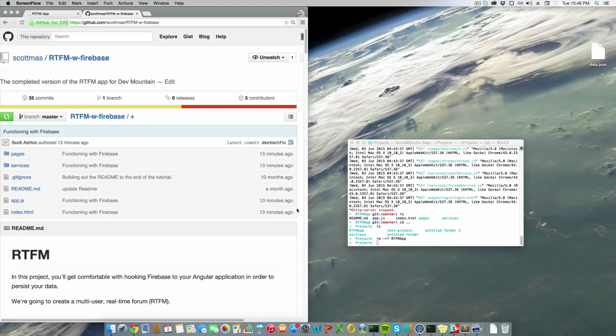But let's go over making the application work with the Firebase login with Google. So I'm going to start from this new repo I've created. It's called the RTFM with Firebase. You can see the URL up there. So I'm going to clone it, git clone,